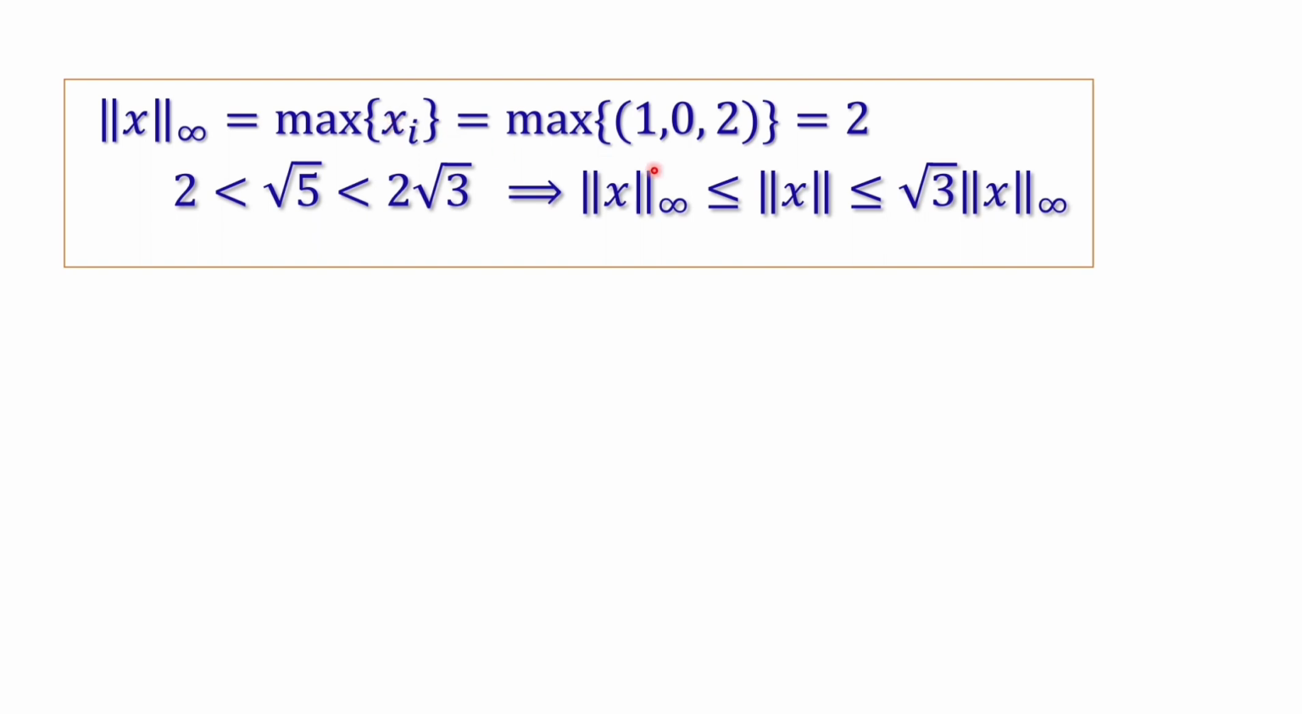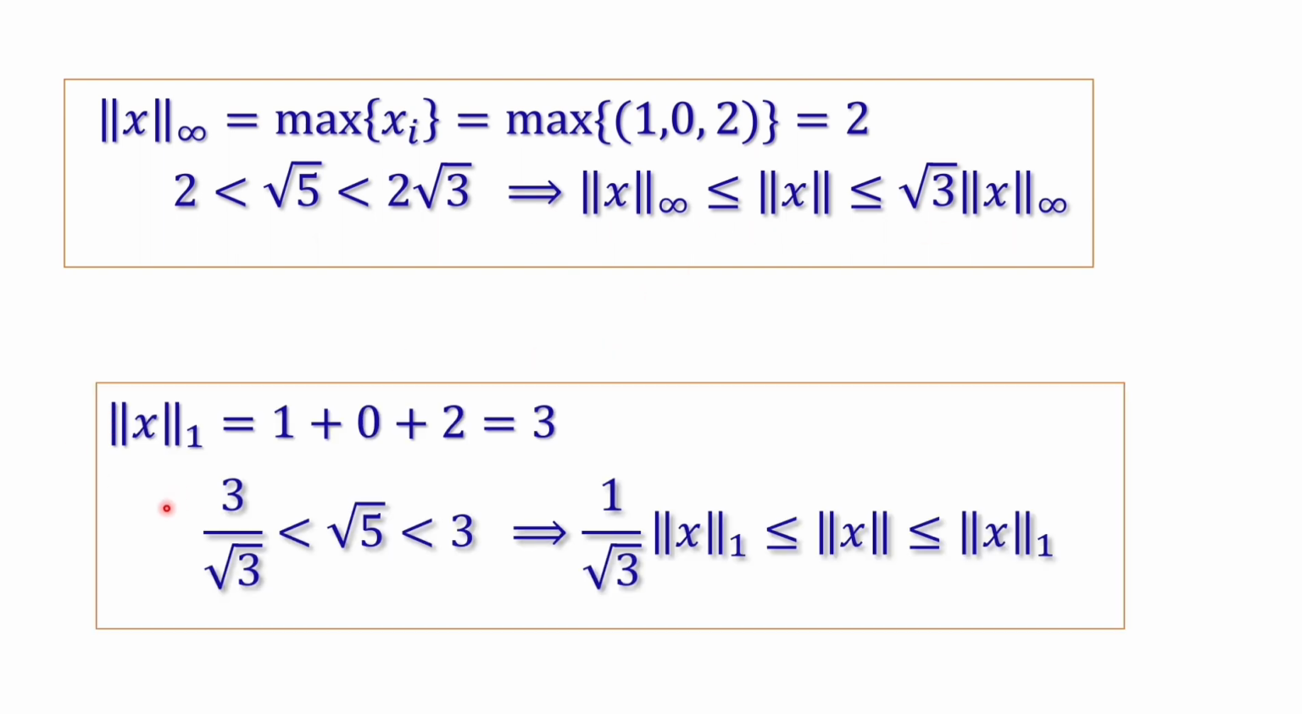Now the norm of x infinity is the maximum of the components, and it is 2. We already know that 2 is less than square root 5, which is less than 2 square root 3, which is equivalent to saying norm of x infinity is less than or equal to norm of x, which is less than or equal to square root 3 times norm of x infinity. In the same way, the norm of x1, which is the sum of the components 1 plus 0 plus 2, is equal to 3. So this gives you 3 over square root 3 less than square root 5 less than 3, which is equivalent to 1 over square root 3 norm of x1 less than or equal to the norm of